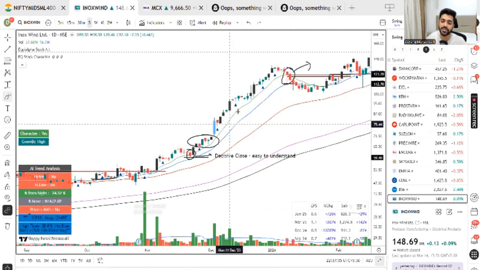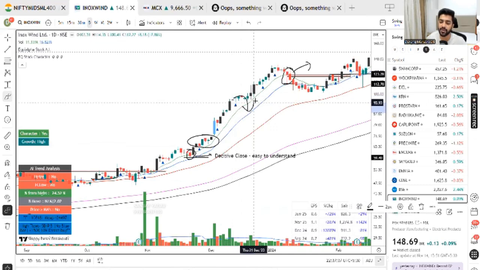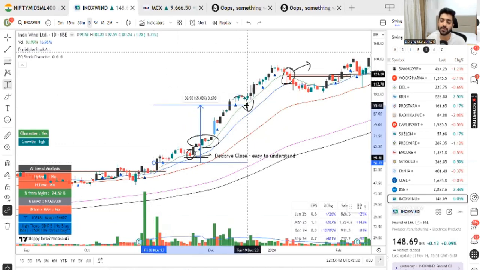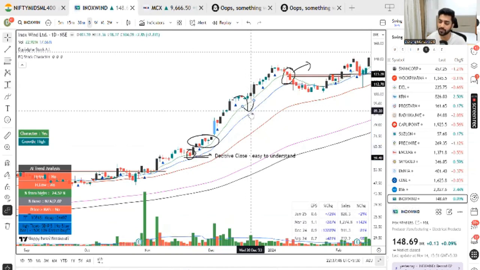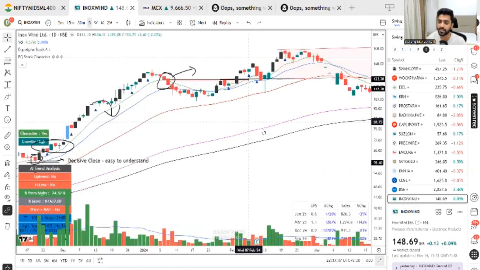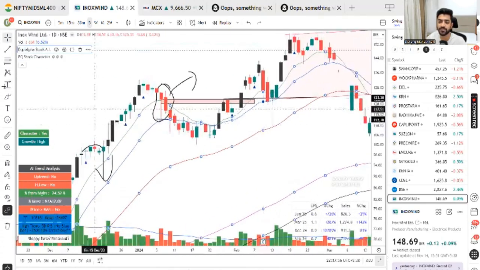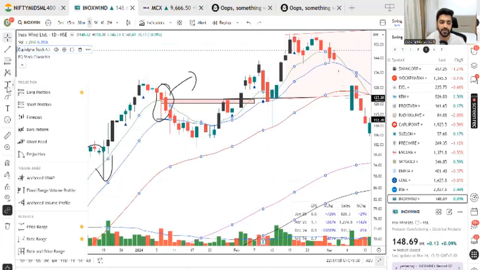But for example, let's say it reverted from here and gave a close below the 10 EMA. I will exit it because it's already a good move. Already 79-80% has come. Below 10, I will exit if it's a decisive close. Let's say here you bought this again up here. This is below 10 now, so it's an exit. Your stop loss would have been somewhere below,